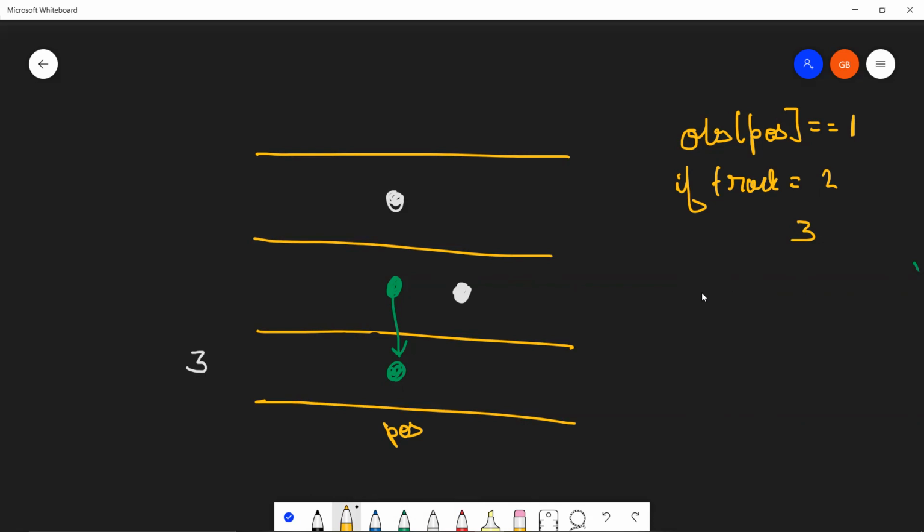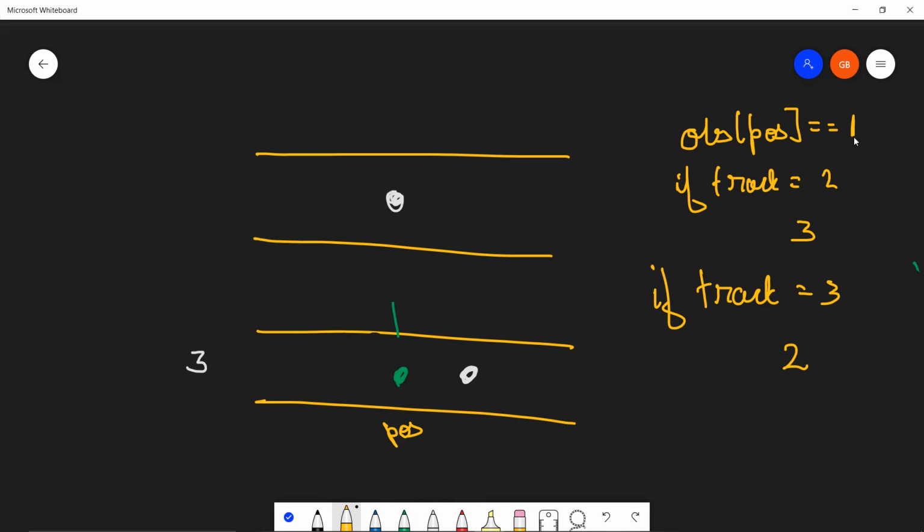Similarly, if there was an obstacle on track 1 and you were present here, there was an obstacle ahead of you. So if you're on track 3, then the only possible area for you to jump is onto track 2. Now, obviously, there is no scenario where you will be over the obstacle.